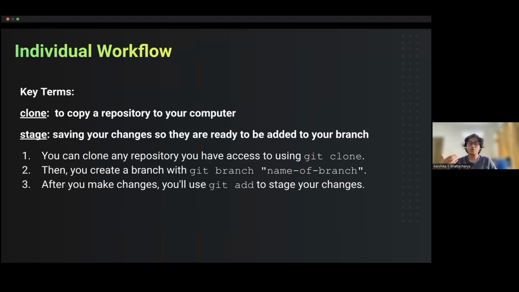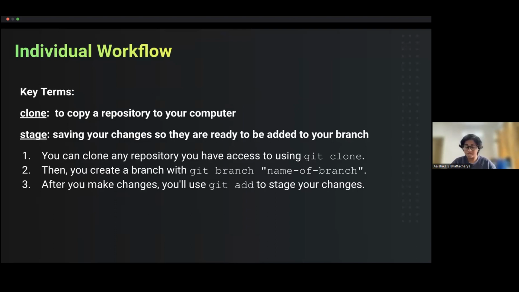Cloning is the process of copying a repository to your computer. So how is cloning different from forking a repository? When you fork a repository, you basically create a copy of it on GitHub. It's a remote copy, which is not available locally on your computer. To bring any repository locally onto your working system, you need to clone the repository and create a local copy of the same on your computer.